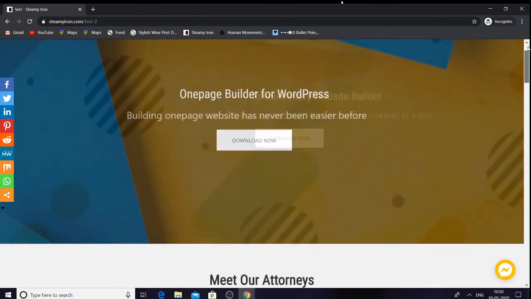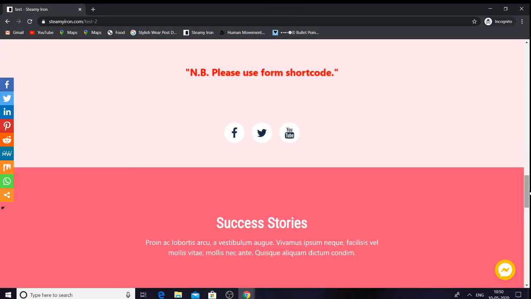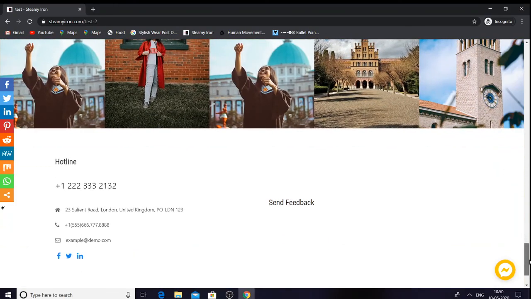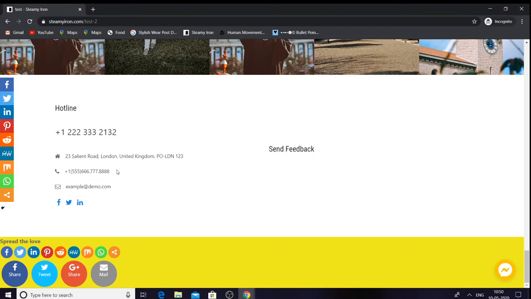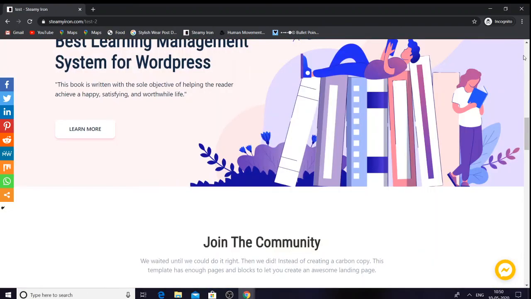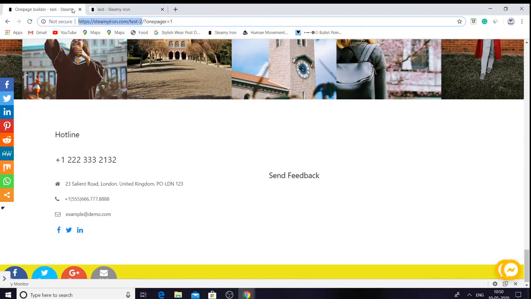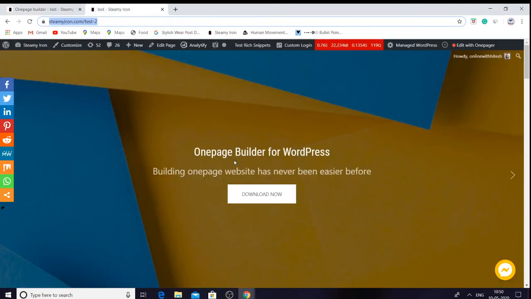Suppose if I want to create a contact us page only, what I will do, I will just embed this block, this part here, which is drag and drop, and I can also add some text above this block. So it's very simple, and you can create any business website easily. It is mobile friendly, and it is very easy.